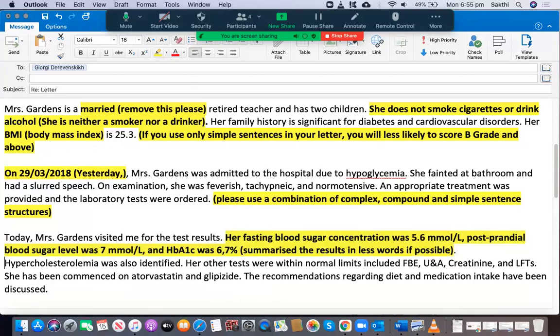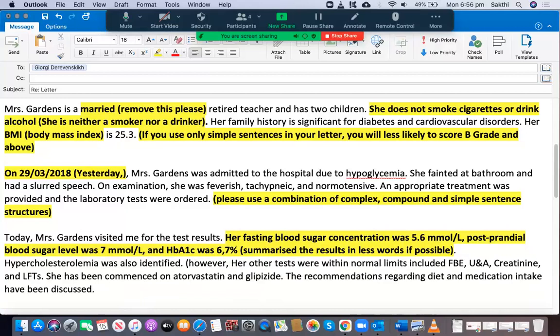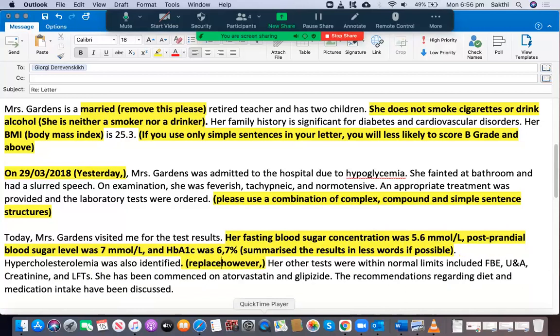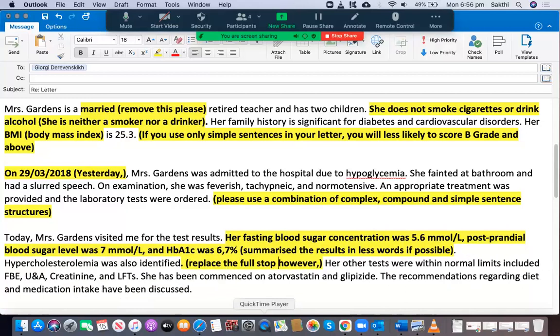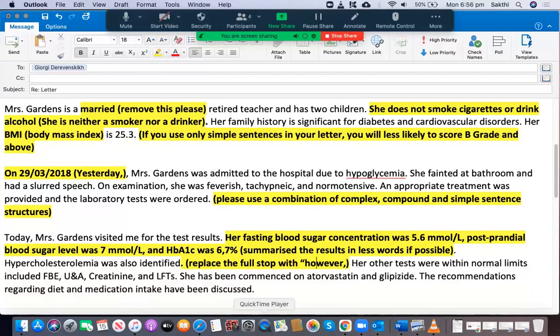Okay. See, he has included this one, and then he has also included the contradicting results, right? It's better to write down, however, her. So he could have replaced the full stop with the phrase, however, comma, and then he could have joined these two sentences together. So it's not good, isn't it? You can't just keep on writing down only the simple sentence. Okay. All right, you could have replaced the full stop with however,